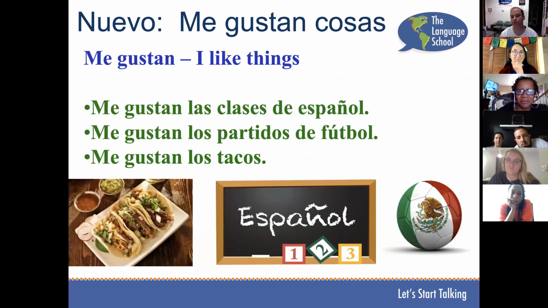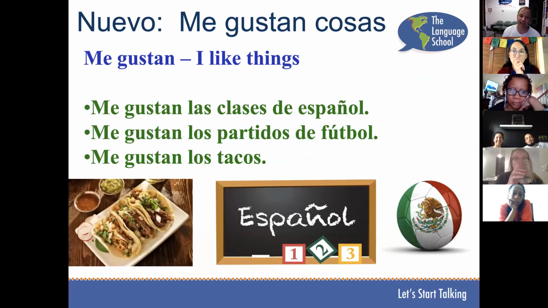Okay. If we're talking about things, this is the question you asked earlier, Emily, when you saw that little N on the word, you said, what's that N all about? So when we're talking about plural things, sometimes we have to add the N to the verb. Gustar is a little irregular in Spanish. To say you like one thing, you say me gusta, but if you like two or more things, you say me gustan. You have to add that little N to the end. So earlier we learned how to say I like Spanish, me gusta el español. To like Spanish classes, you say me gustan las clases de español.